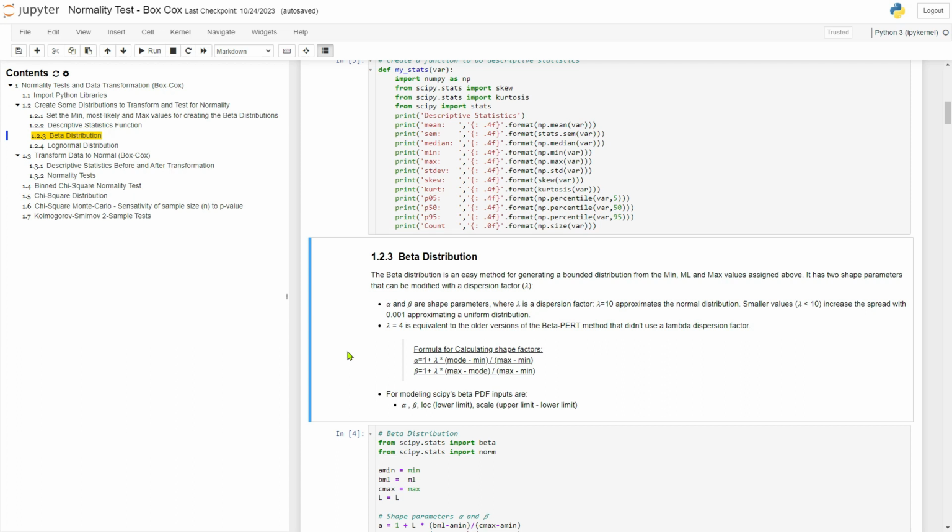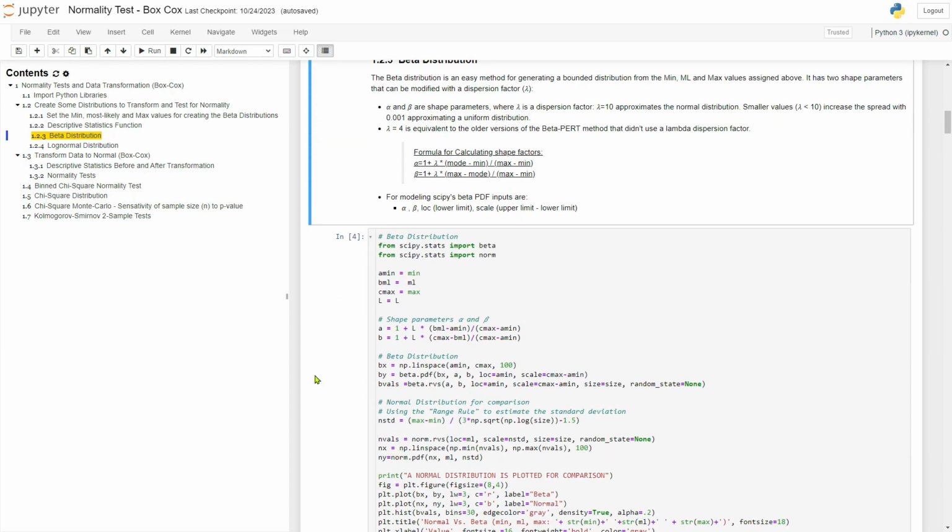Here we just talk a little bit about the beta distribution and the use of lambda to control the distribution, and we assign two shape factors. And here I'm pointing out that alpha, beta, loc, and scale are the key parameters for doing the beta distribution. So let's make a beta distribution for that log normal distribution we talked about. Here's where I'm making the